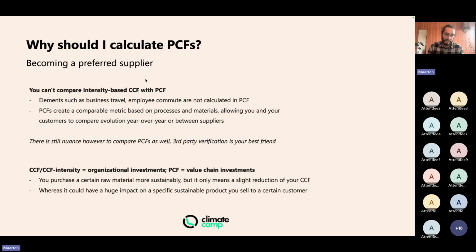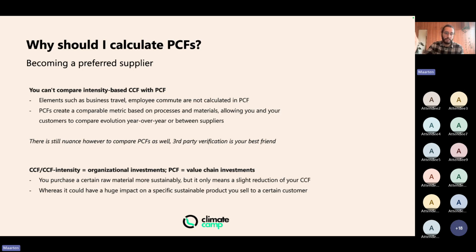The third aspect is you can't compare intensity-based corporate carbon footprints with product carbon footprints. We know companies who do this. People are still finding their way as to what the best practice is. But the fact of the matter is you can't compare intensity-based CCF with PCF. For one, elements such as business travel and employee commutes are calculated in CCF and not in PCF. And PCF creates a more comparable metric based on processes and materials,